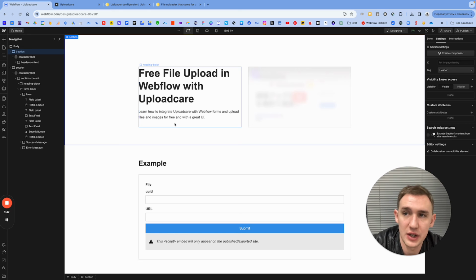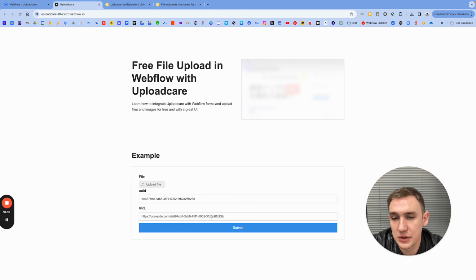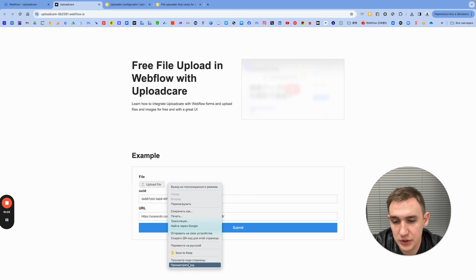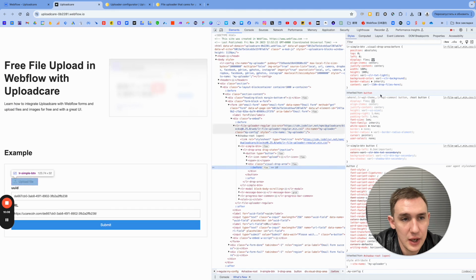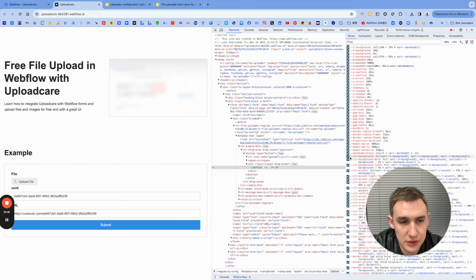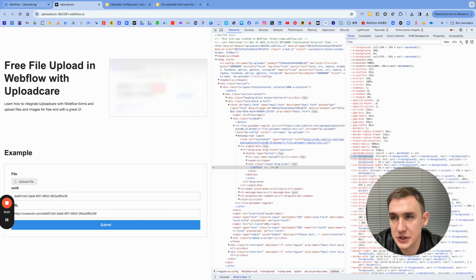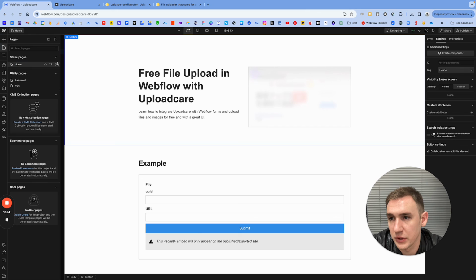This is a very simple way how you can have your file uploader in Webflow completely for free, and with a really nice interface, with really nice UI. You can go in, you can check this file, and you'll see that in many things it's using variables. So you see this is a variable here, and you can change this value by just adding those to configuration